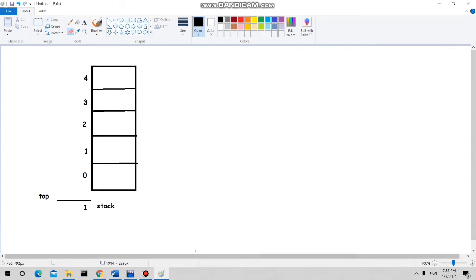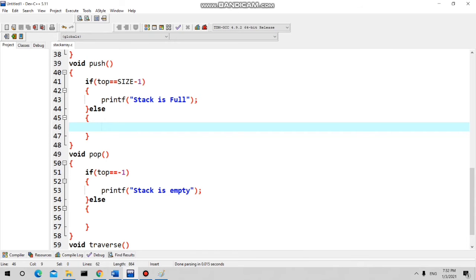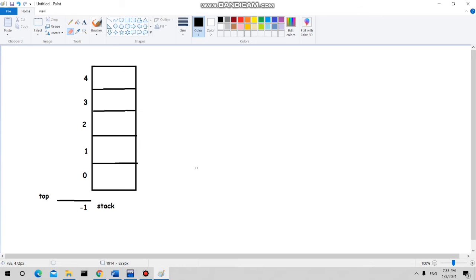Okay, so we'll perform the first push operation and then we'll go for pop. Right now the stack is empty. Just observe this stack, where is your top pointing right now, or what is the current value of top? It is -1. Is -1 part of your stack? No. See, your stack size is 5 and you are implementing the stack using an array, so this array has 0 to 4 indices. -1 is not part of this particular array. So where will the first element be inserted?